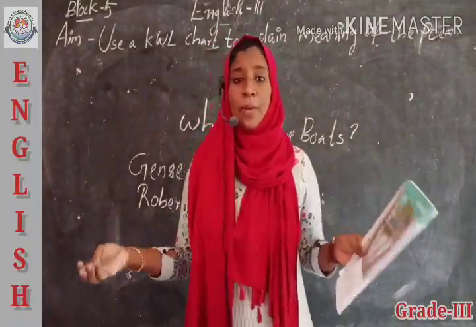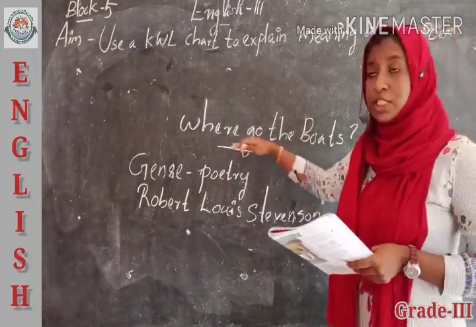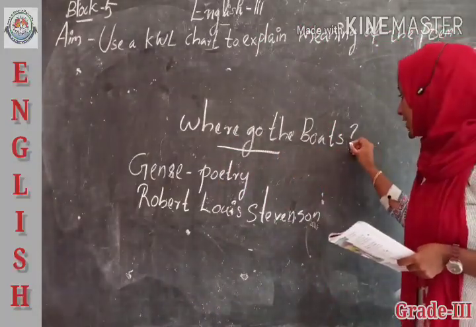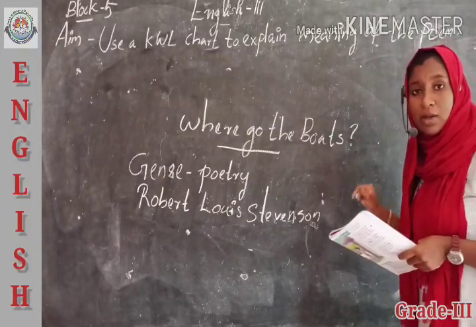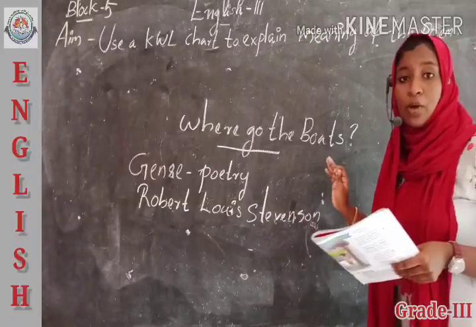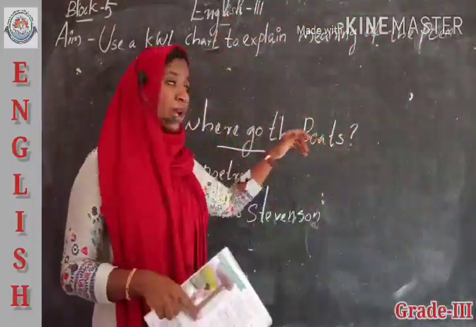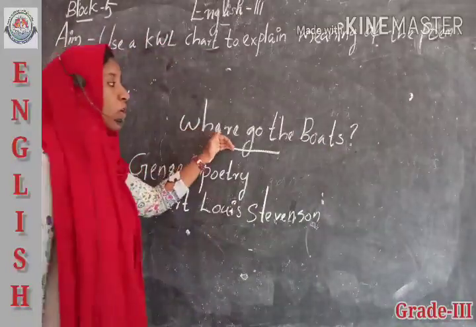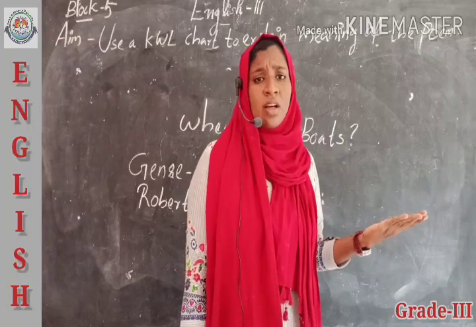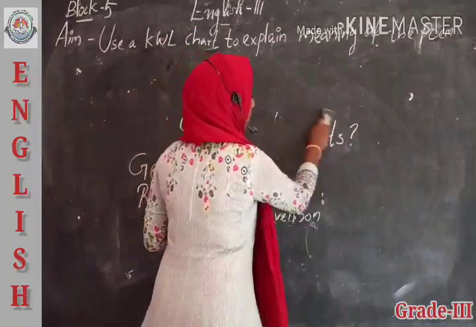And the title of the poem is Where Go the Birds. And here we can see a question mark. Why here a question mark? Yes, it is a question. Here the boy doesn't know where his birds have gone. So it is a question mark. That means, where go the birds? Okay. So before going to that poem, we can draw two columns on our board.